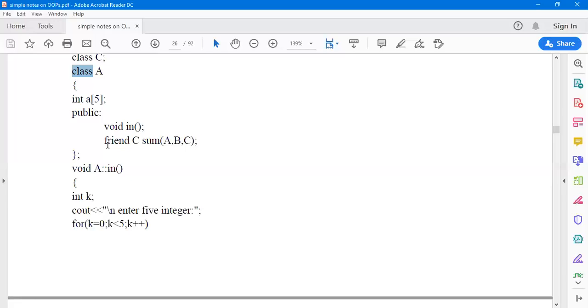Okay, so there are three parts of any data member, any data function, or a class, or a standard function, or a global function, or a global data member, whatever it is. For example, if I say int I, it means we are declaring that I is a variable of type integer. When we say int I is equal to 0, there is an initialization. So there is also one part called initialization.